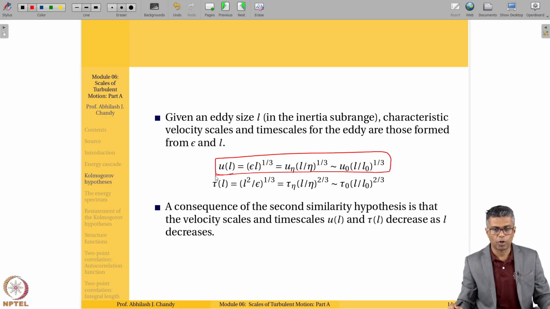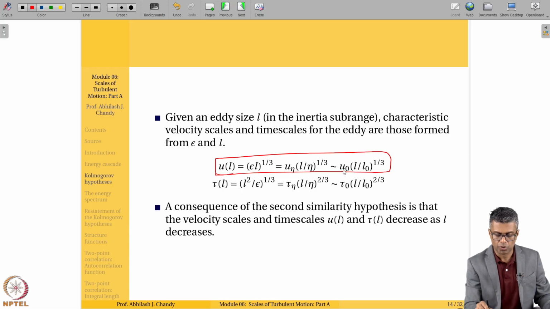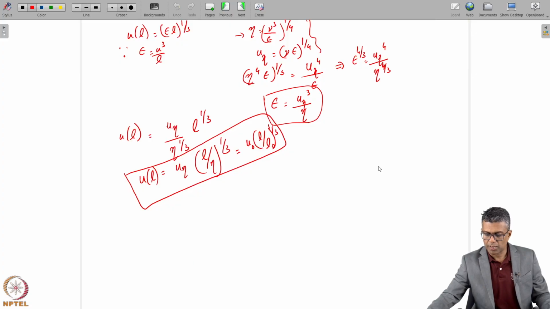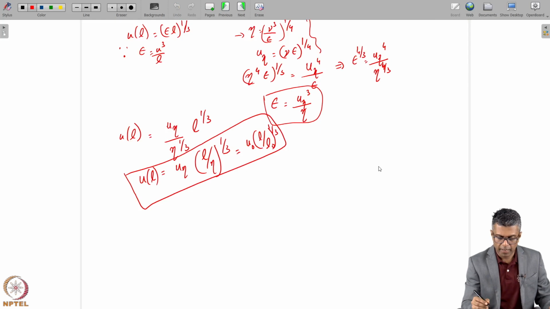u_eta (L over eta)^(1/3), which is also equal to u0 (L over L0)^(1/3), because u_eta becomes u0 and L over eta becomes L over L0. Isn't it? We could do something similar with tau as well. Okay, so now keep in mind my